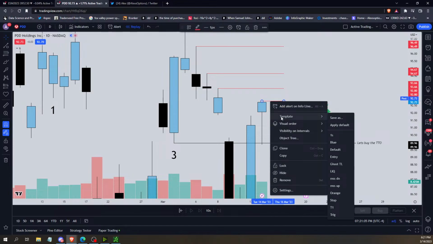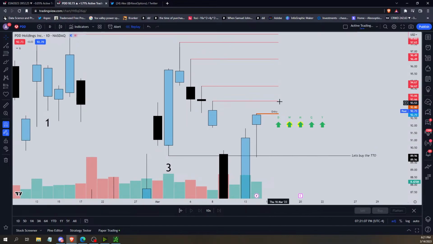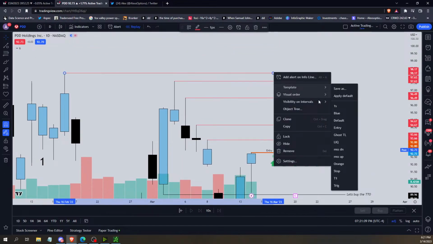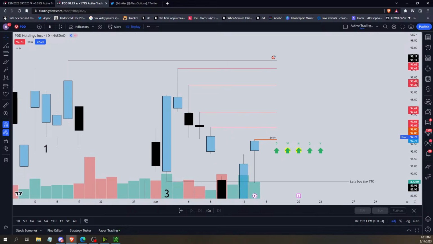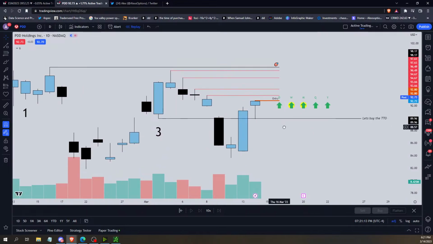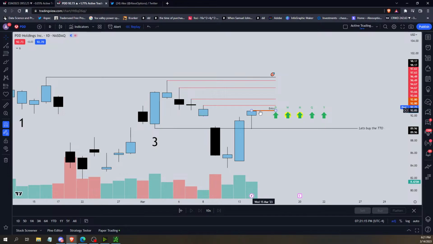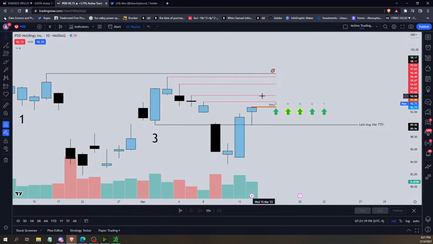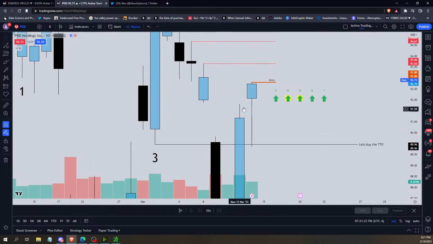So we're gonna mark this out as entry. And then these are all targets. This is ideally that last target. So look something like this. And again, just because that's entry doesn't mean I buy here and I don't use a stop loss. It means above here, this is where I want to be long. Do I take it right off the open tomorrow? Yes, but only if it opens below trigger, trades through it, and then my risk goes either to this or